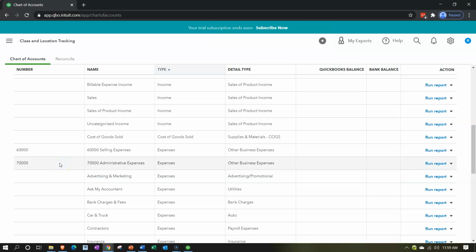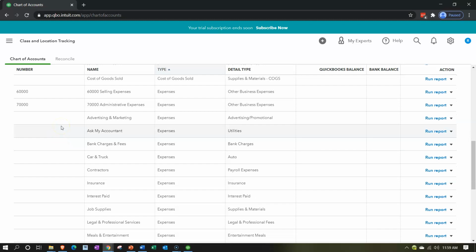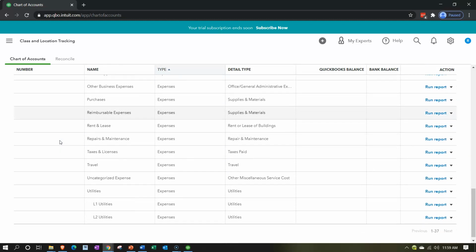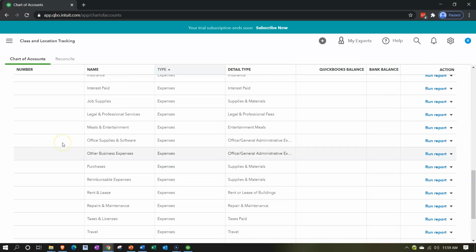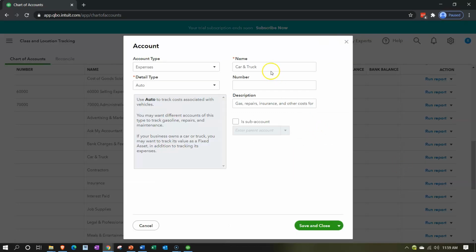Then we're going to go through all of our expenses and add them to one of those categories. So first I'm going to add an auto expense. Now some of these I'll add, and some of them I'll add as new expense accounts as we go. So I'm going to add an auto, because I don't think we have car and truck. Let's go ahead and change this. I'm going to edit this one, and I like to call it auto, so I'm going to say